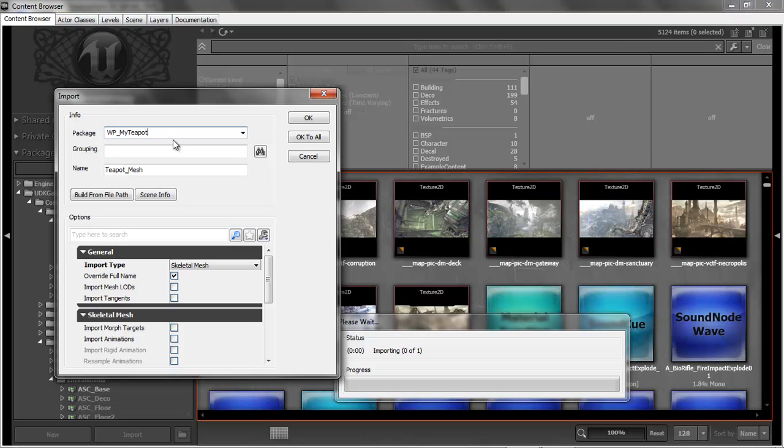And now the package name is pretty critical because all the scripts have a format. So you need to call it WP, which stands for weapon, underscore. I use my teapot, but you can call it teapot, whatever. The grouping is mesh, and then the actual geometry itself needs to be named SK, which is for skeletal mesh, underscore WP for my weapon, my teapot. So you'll see a lot of abbreviations like that used throughout. So we hit OK,